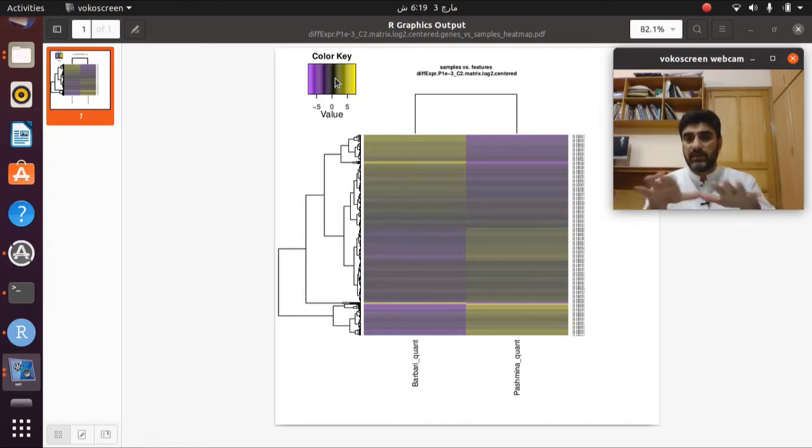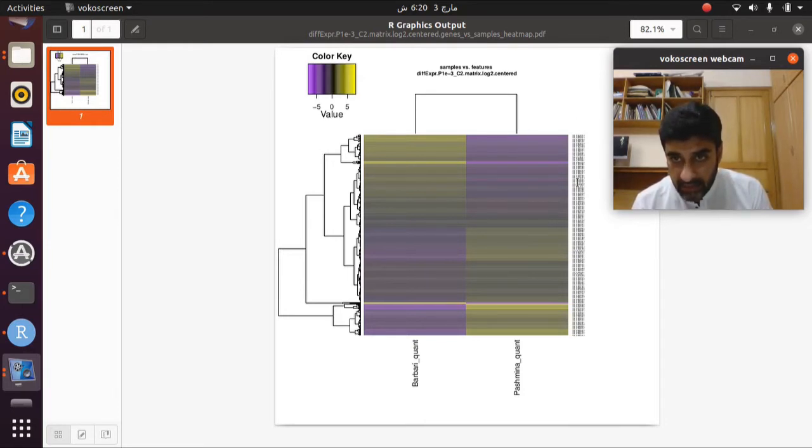So that transcript or gene is equally expressed in both breeds, or in both samples. Then, going from blackish towards purple, a sharp purple shows that these genes, these transcripts, are downregulated. So this is the color key.